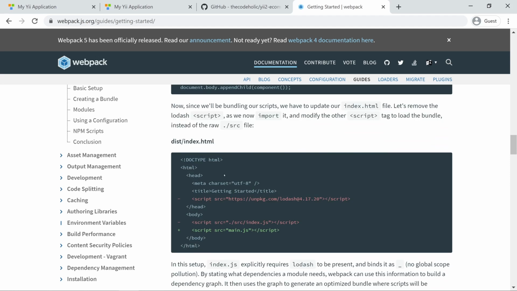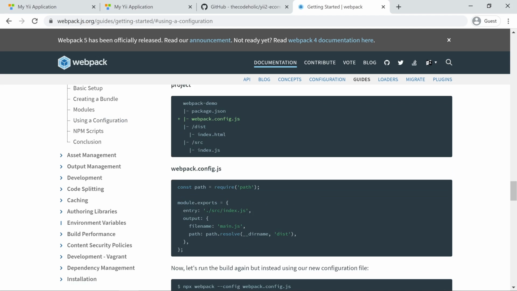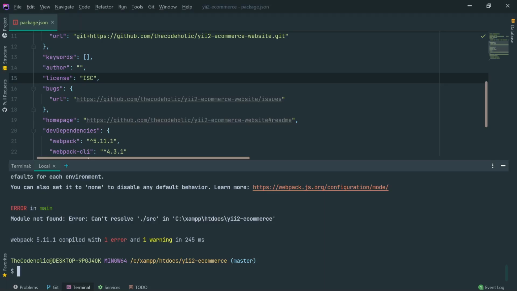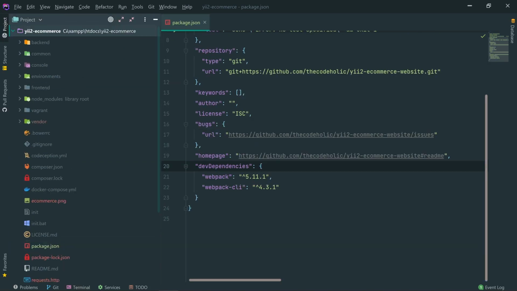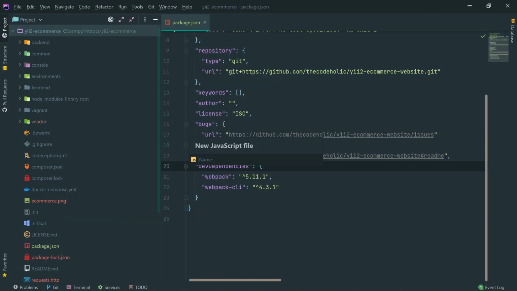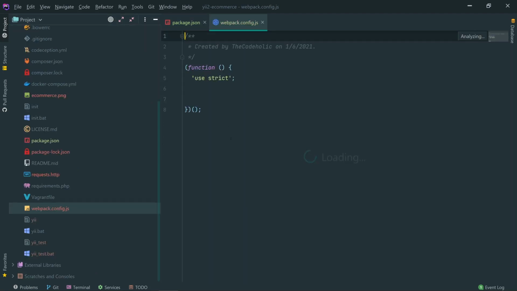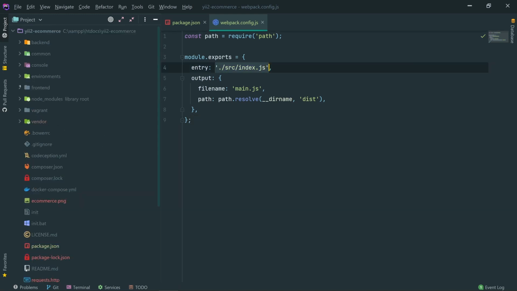So for this, we have to create the configuration file. So I'm going to go with the configuration and create webpack.config.js. So let me copy this thing and create that file. New, it's going to be the JS file, webpack.config.js, and I'm going to paste this. So the entry is not this. So in my case, I'm going to go to the front end